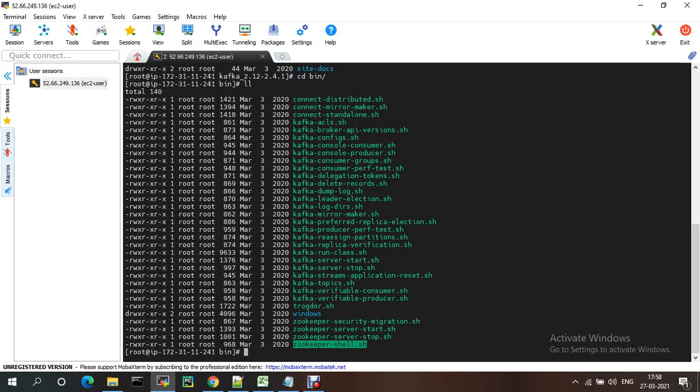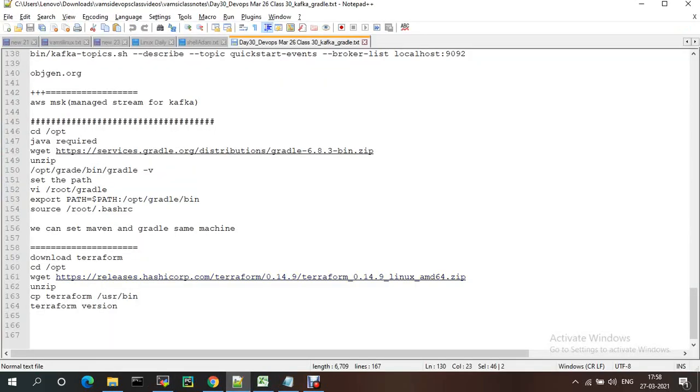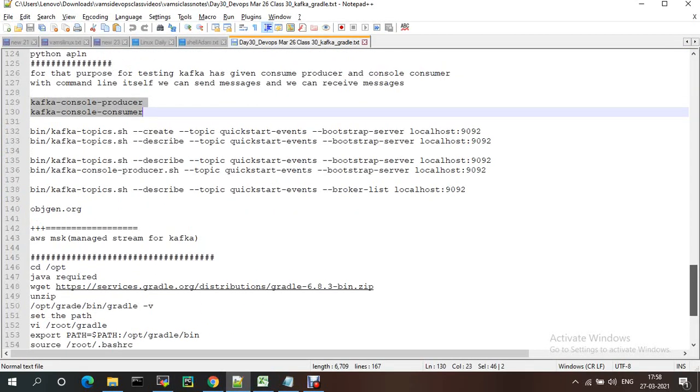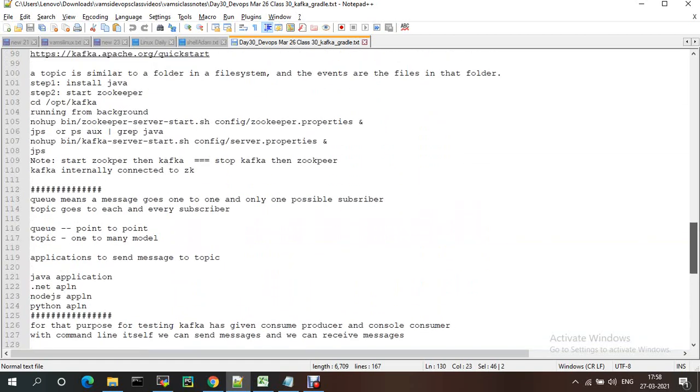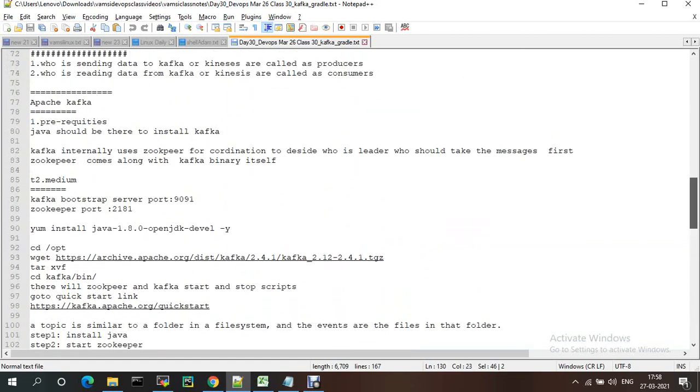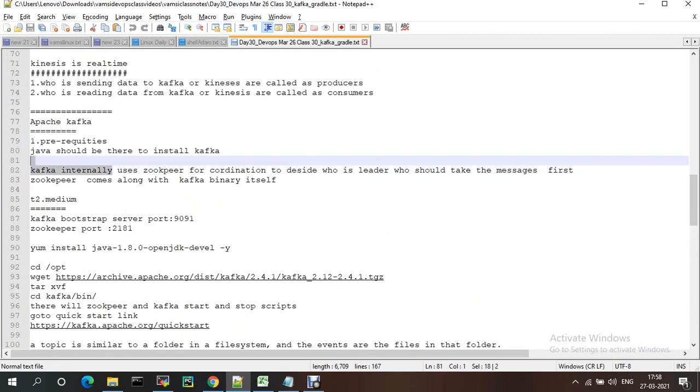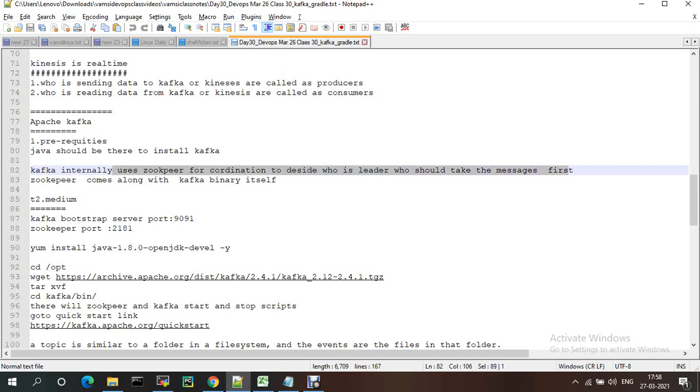While stopping, we stop Kafka first and then Zookeeper. Kafka internally uses Zookeeper to coordinate, decide who is the leader, and who should read the messages. Zookeeper comes along with the Kafka binaries.